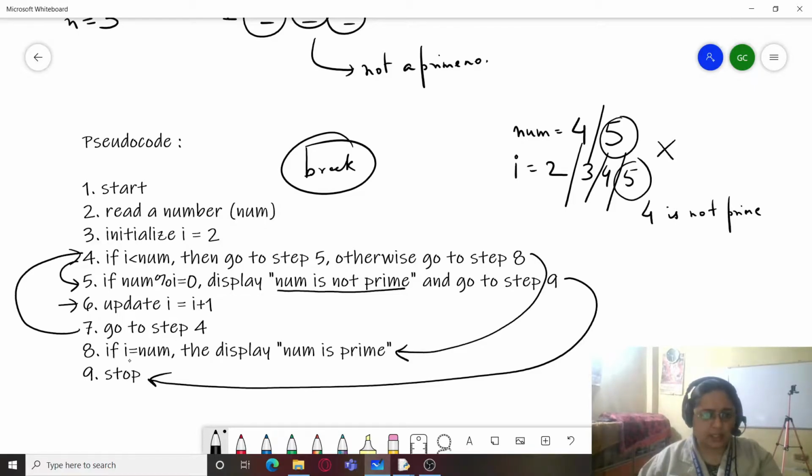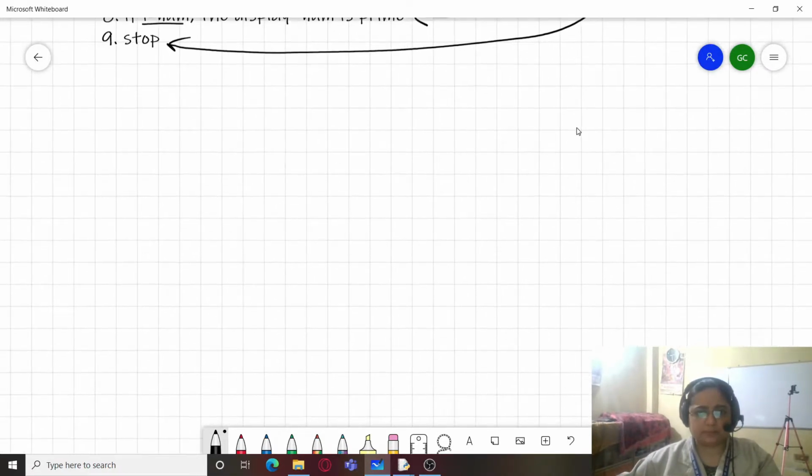And we will check if I is equal to num. Is I equal to num? Yes, it is. 5 is equal to 5. Display num is prime. That is 5 is prime. We can see very easily that through this pseudocode we can figure out the logic of our program. Now let us draw the flowchart.